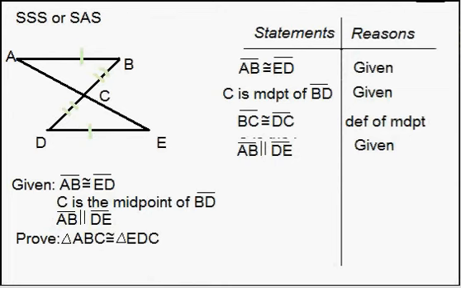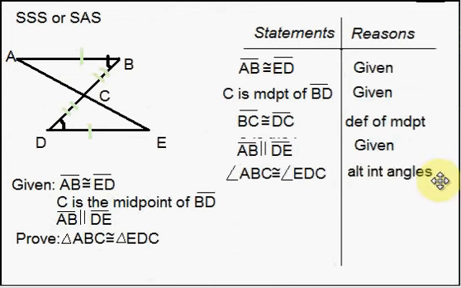So now we know that angle ABC is congruent to angle EDC. Okay, ABC, that's this angle right here, is congruent to angle EDC, this angle right here. Okay, and we know the reason for that is that they are alternate interior angles, because